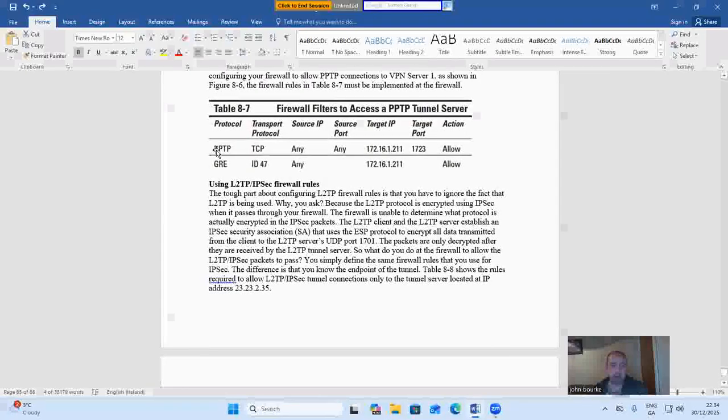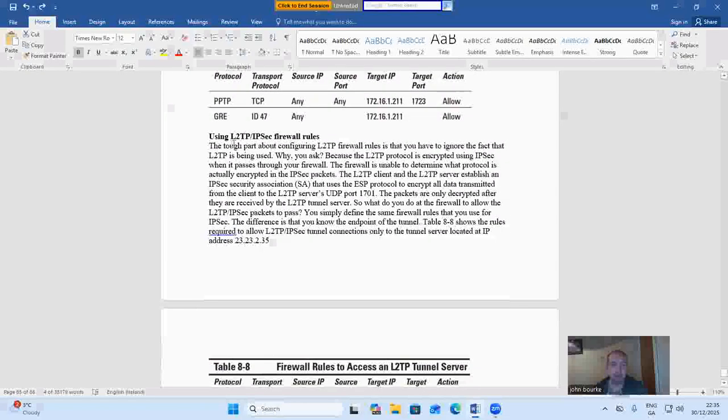So here we go. Firewall filters to access a PPTP tunnel server: PPTP, TCP, any, 172.16.1.211, 1723, allow. GRE ID 47, any, 172.16.1.211, allow. Using L2TP IPSec firewall rules, the tough part about configuring L2TP firewall rules is that you have to